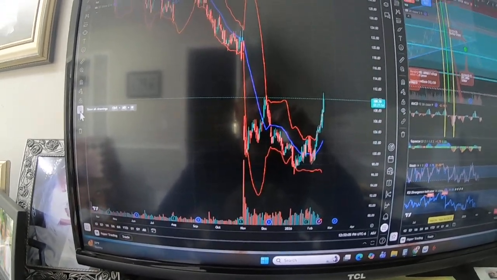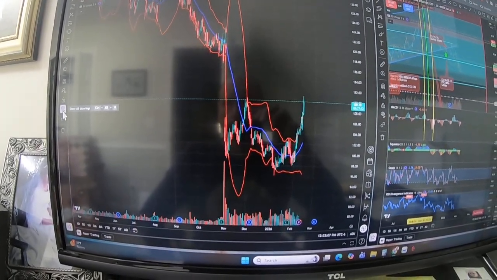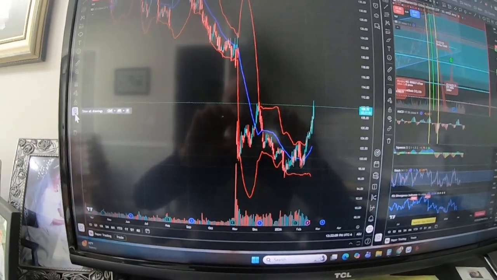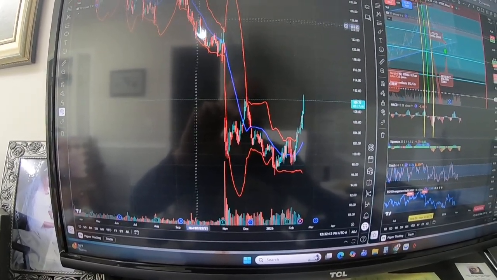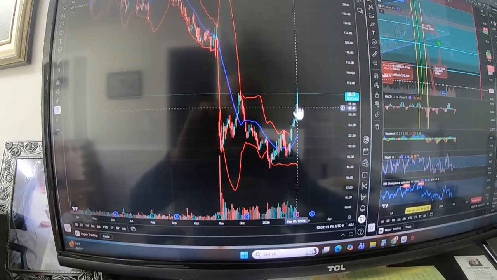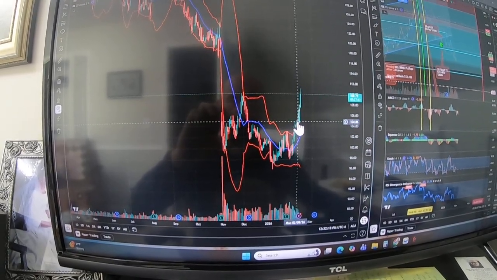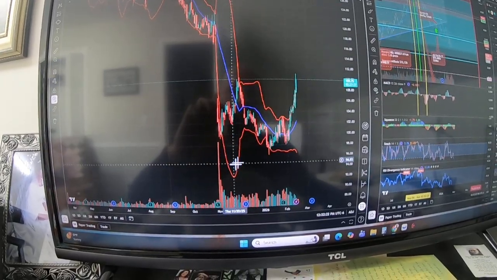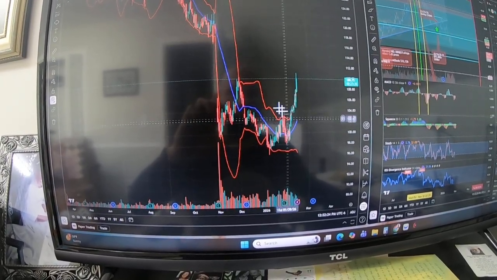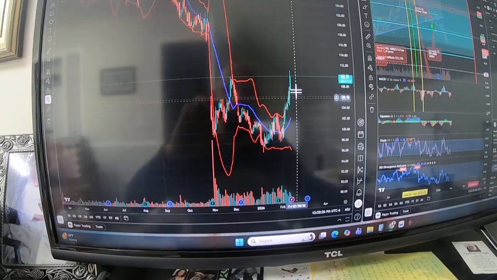Okay, just a quick explanation about my charts. So we're looking at Kimberly-Clark. Each bar indicates one day's movement of price, and this red line on the outside and inside of this create